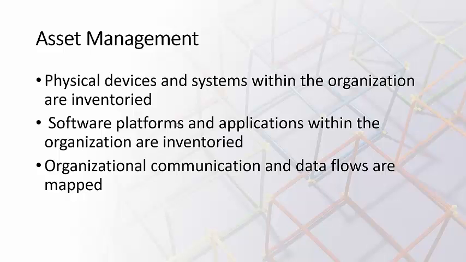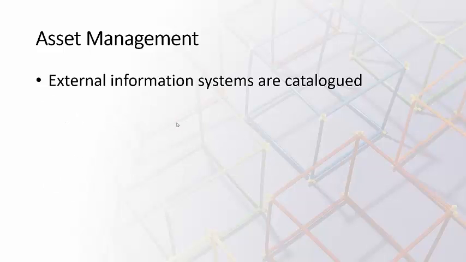Now, the next category is called external information system or catalog. When we're talking about external information systems or catalog, it means any computing asset employed by a third party that connects to the computer network or handles internal communication. For example, we as a company use some cloud services. So this is my internal network where we have systems,